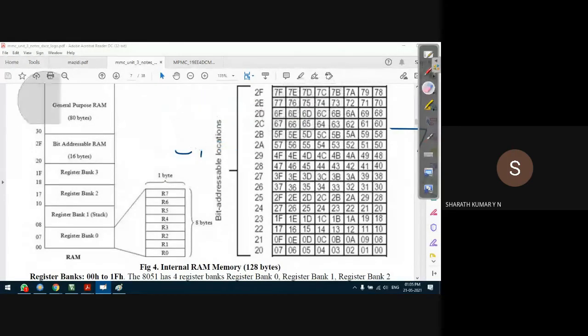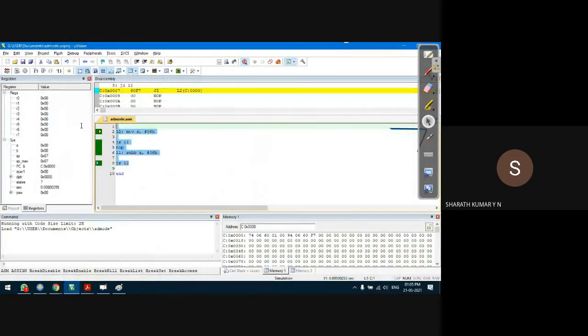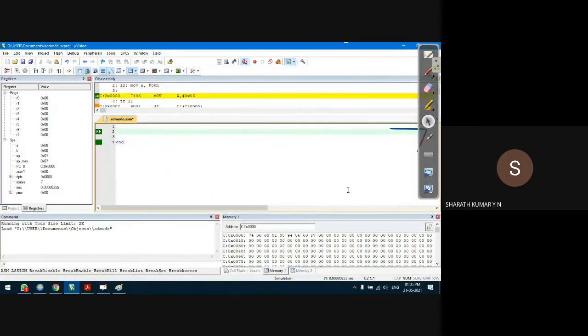Let us run all three instructions and understand how they work. Let me write JB, jump if bit, at address 48, for example, go to L1.